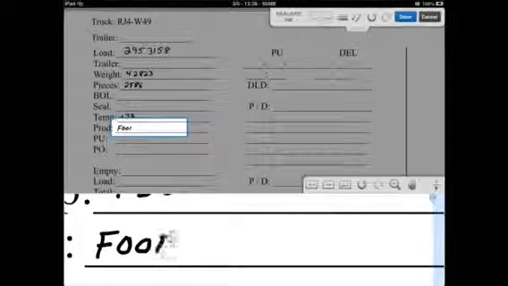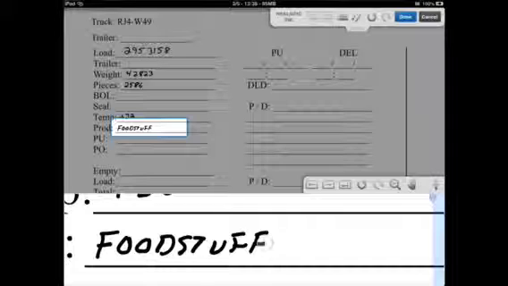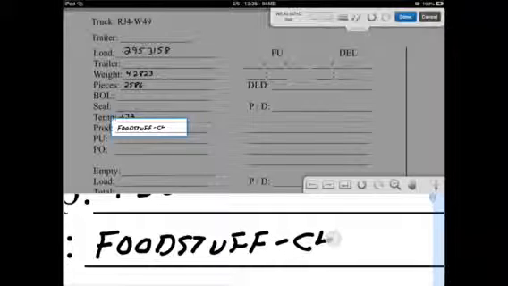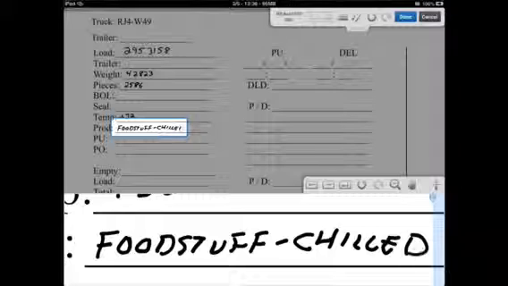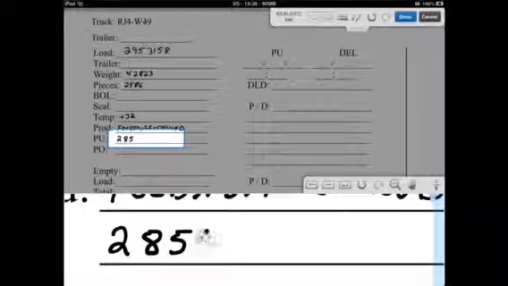So as you can see, I'm just entering in the information, weight, pieces. I can only enter what I know, of course. Some of it will have to get entered, like the trailer number and the BOLs, once I pick up the load. But I'm getting the preliminary work done here. Put in the pickup number. Then on the other side, if I can ever get that done,